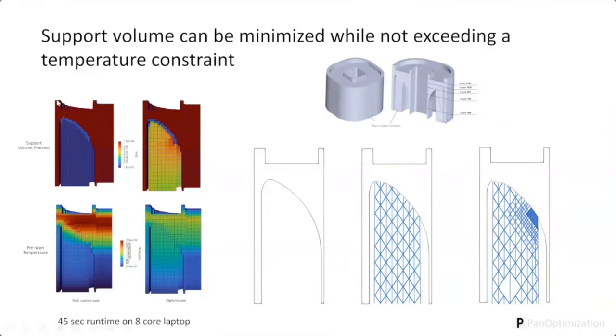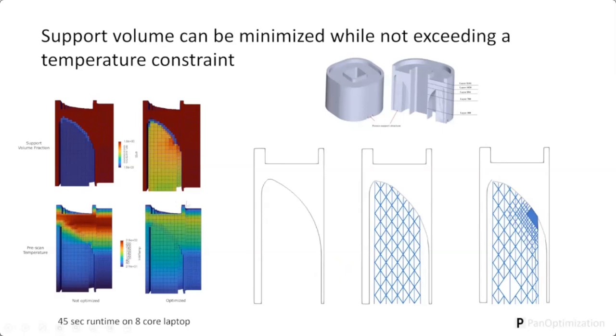So this is the not optimized case. But since we have the sensitivities, we can efficiently optimize this problem. What this is literally saying is I want to increase support density in this region, that's going to bleed off those temperatures. And now instead of having an interlayer temperature profile that looks like this, I'll have avoided those high temperatures that